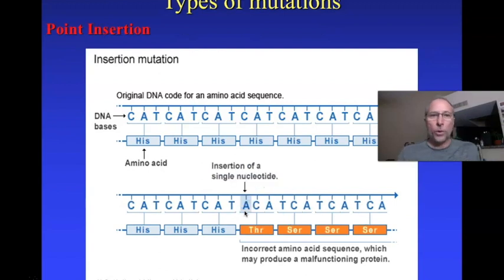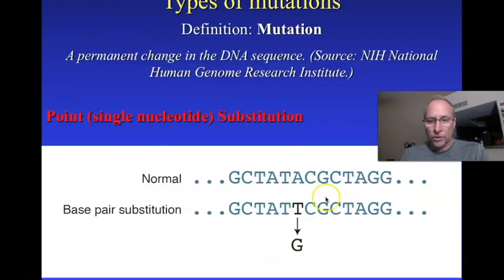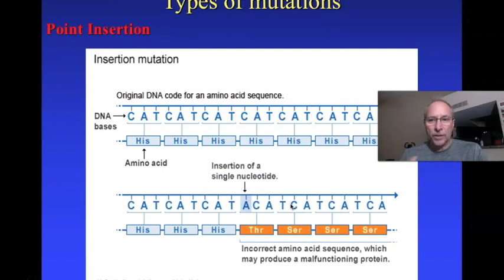Notice that the point deletions and point insertions have a much more drastic effect on the primary structure of the protein than usually a single substitution. So here's why it has such a huge effect. It changes the primary structure. See, these are a bunch of histidines, and then we now have histidines, and threonine, and a bunch of serines. Those changes will change the tertiary structure of the protein, the folding, that big blob that it turns into,